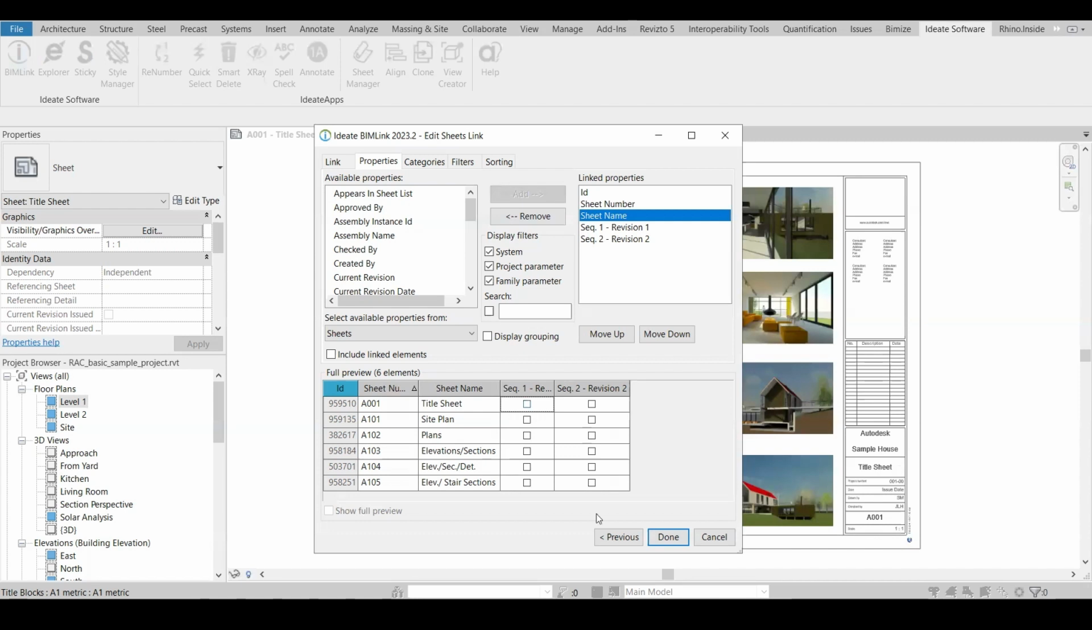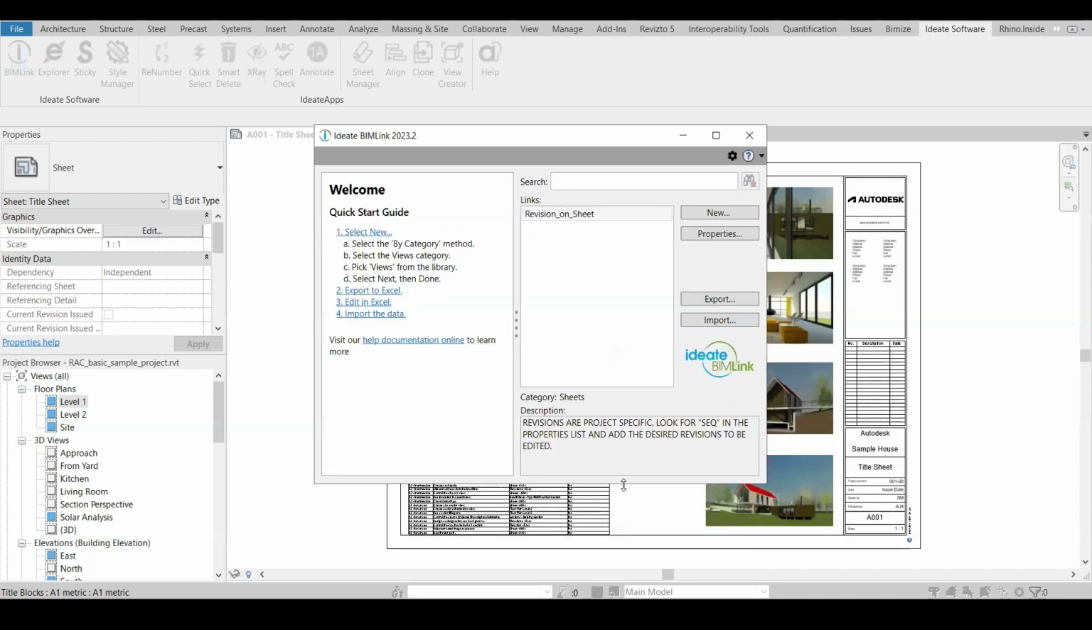So we're just going to show how to do this properly in Excel. After we have all of our linked properties set, we can click done. And now our link is created to the Excel sheet. As previously mentioned, this was empty. However, we just created that link, so now it appears in here. So if we click on it and click export,